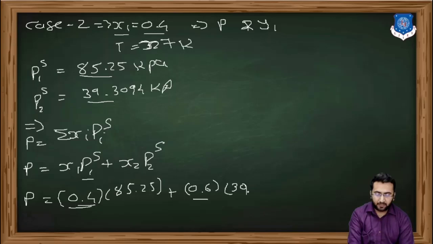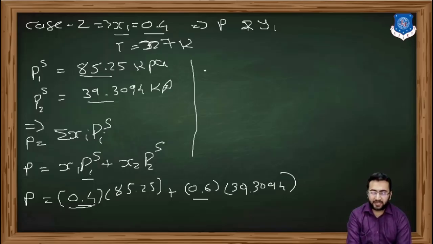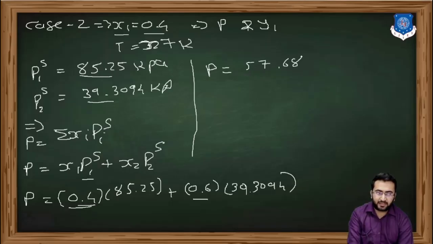So 39.3094 multiplying with 0.6. By calculating this term, we will get the value of P, which becomes 57.68 kilopascal. Now again using Raoult's law to find the value of y1 for component 1, if we are going to apply Raoult's law,